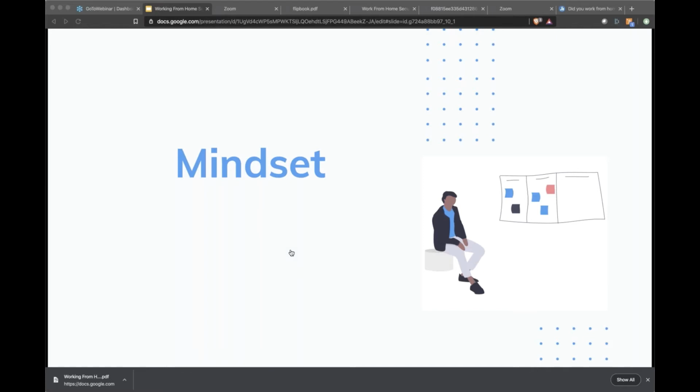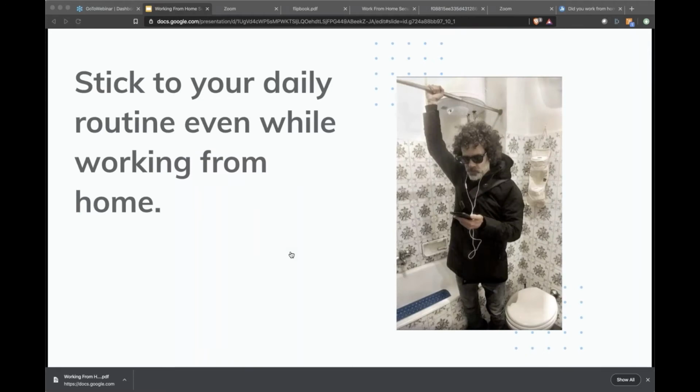So we want to create a routine that is similar to the one that we're used to. So obviously you don't have to do this, but I do strongly advise to get up from bed in the morning, get out of your pajamas,